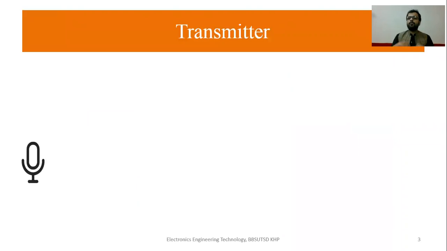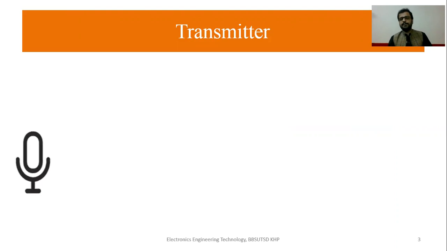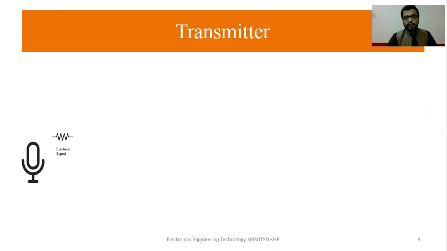Before going to the transmitter, it's necessary that we have a message signal or electrical signal. For that purpose we have a mic. As an example, let's suppose I am speaking over here and I want to transmit my voice to another point. My mic is used here to convert my sound waves or voice into an electrical signal, because we want to transmit an electrical signal. And then we have a modulator.